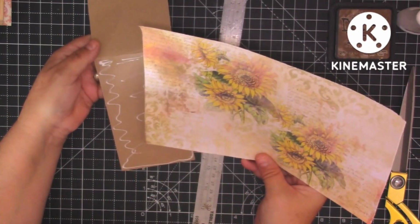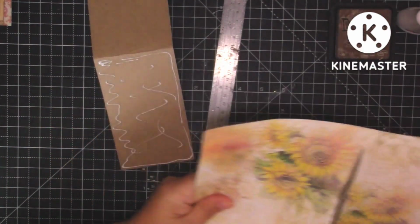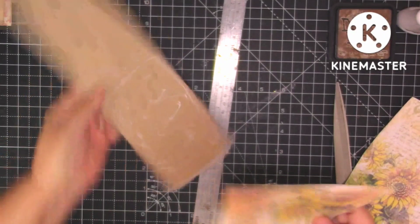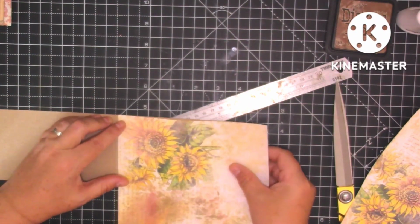Which way does that go? I think one's one way and one's the other way, so let's stick it on that way there like that, and we get the sunflower on